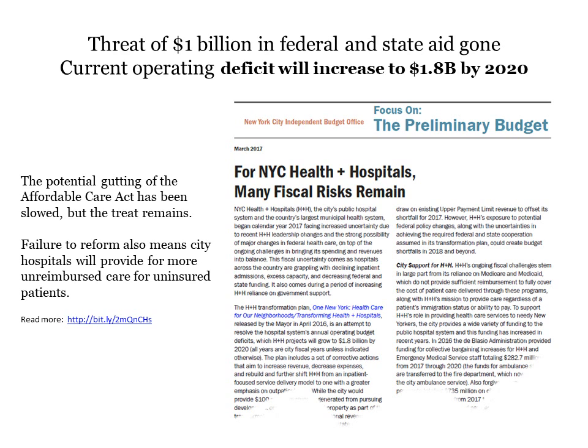This is related directly to the Medicaid payments, the condition of the Affordable Care Act after they continue to work it, either to the benefit or detriment of the people in this district. But the failure to reform overall means the city's hospitals will have to provide more unreimbursed health care for uninsured people.